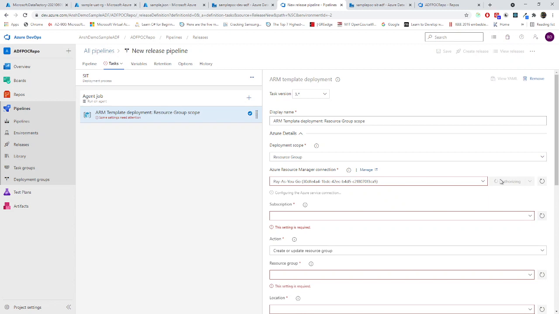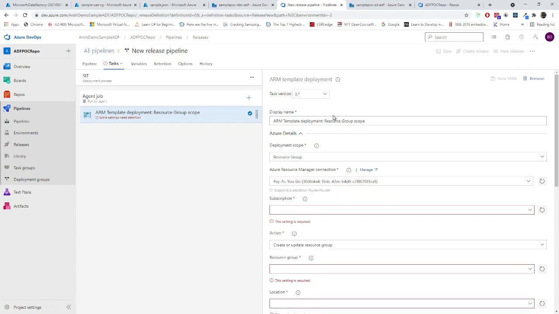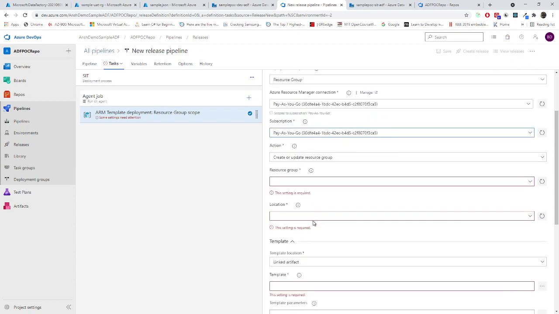Why? Because it will create a service principal so that this DevOps pipeline will be authenticated from Azure Active Directory to access the Azure services, just like we have done managed identity in the Azure Key Vault for Azure Data Factory. Now this service principal got created. Now the scope has been resolved. Subscription. I'm just choosing my subscription. Hopefully this should come. Yeah, this came.